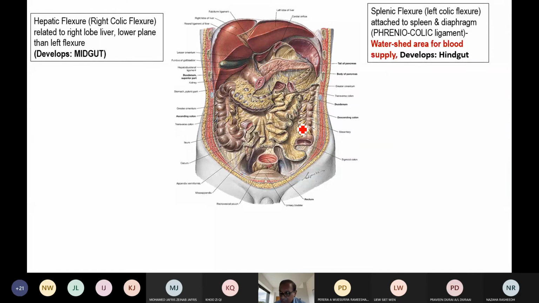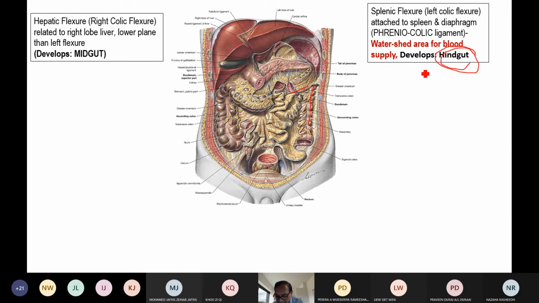As these two arteries are developmental arteries, due to any developmental defect, if the junctional point of these two arterial systems has a problem since birth, you always have a weak splenic flexure. So embryologically, the splenic flexure is the junctional point, so it is always attacked by the ischemic process, less blood supply. So no doubt, from the splenic flexure, that means the left one-third of the transverse colon, the splenic flexure or left colic flexure, descending colon, sigmoid colon, these are all hindgut.